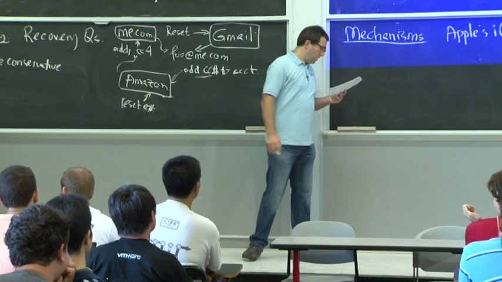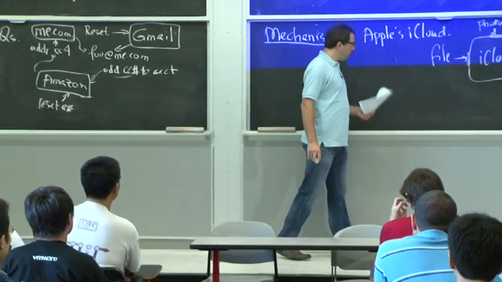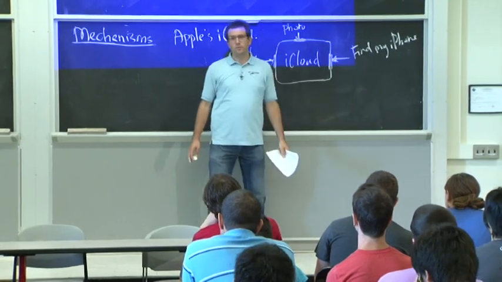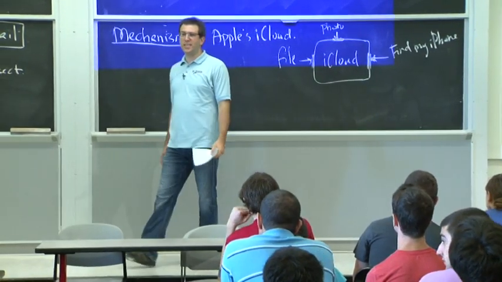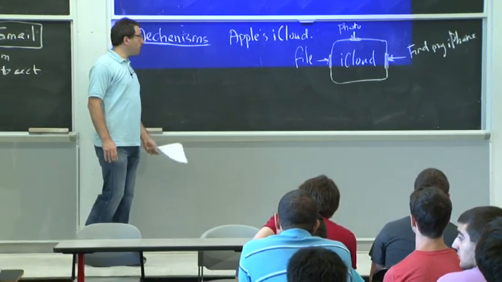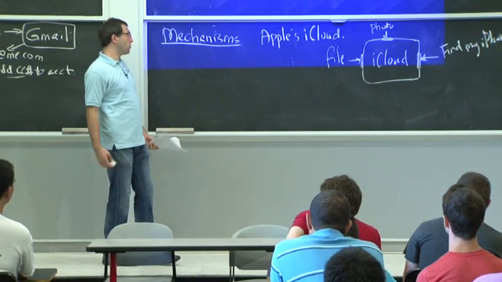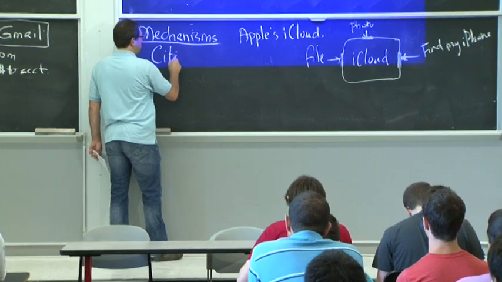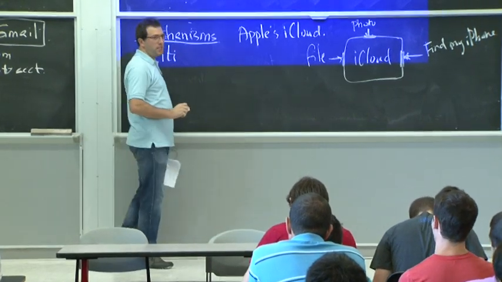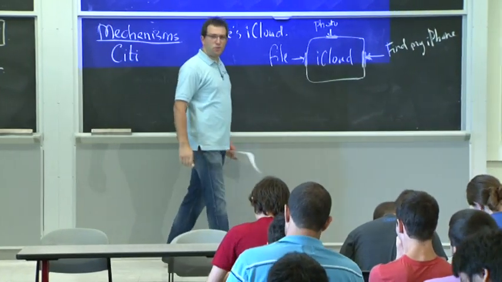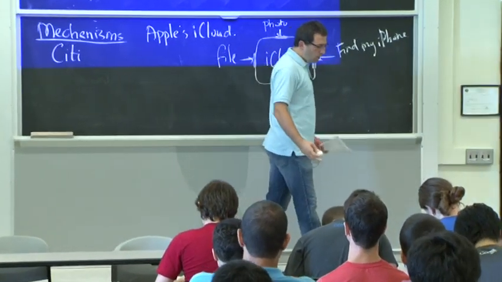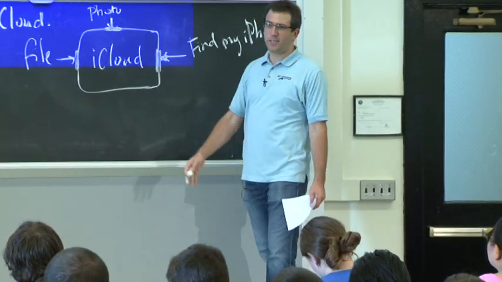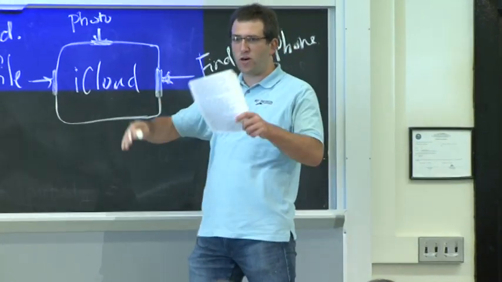All right. OK, so another example, right? This is sort of an example of you forget to check for password guessing attempts. There's many other things you can forget. You could forget to check for access control altogether. So one example is Citibank had a website, actually still has a website, that allows you to look at your credit card account information. So if you have a credit card with Citibank, you go to this website, it tells you, yeah, you have this credit card, here's all the charges, all this great stuff.